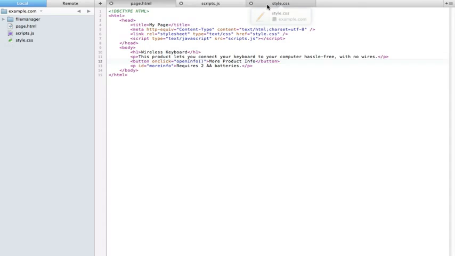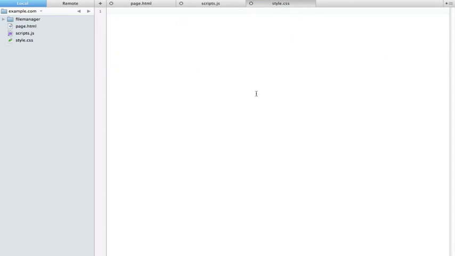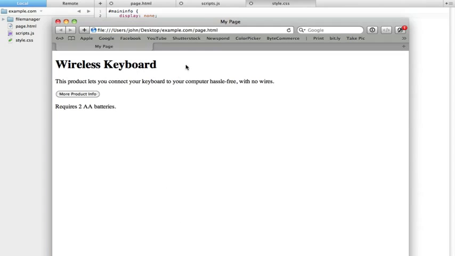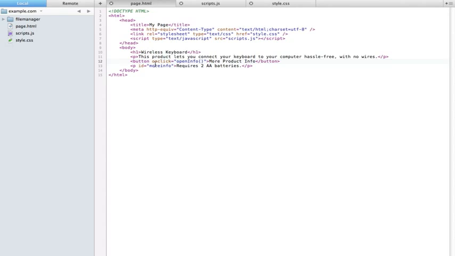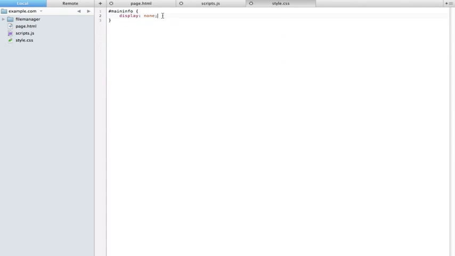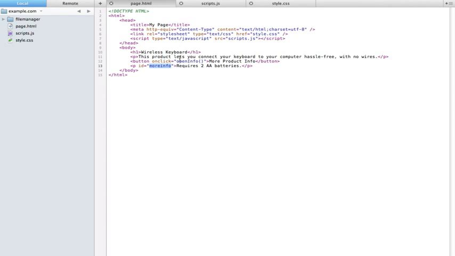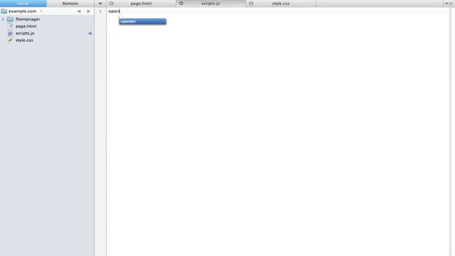So let's get started. The first thing I'm going to do is pop open style.css and say hashtag main info and set this to display none. And what that's going to do is take that right off our page. If I could use the right ID, more info. There we go, off our page. And the second thing is we're going to start defining what that function is. So we're going to type function open info,